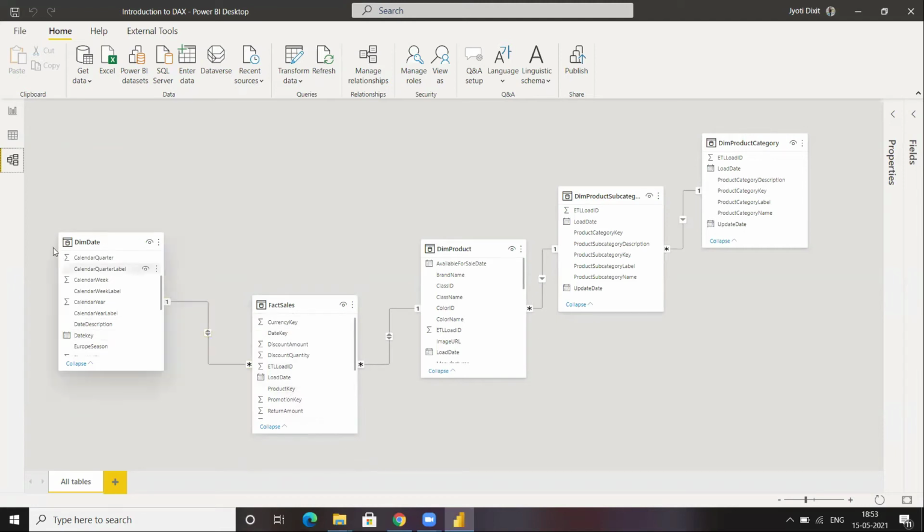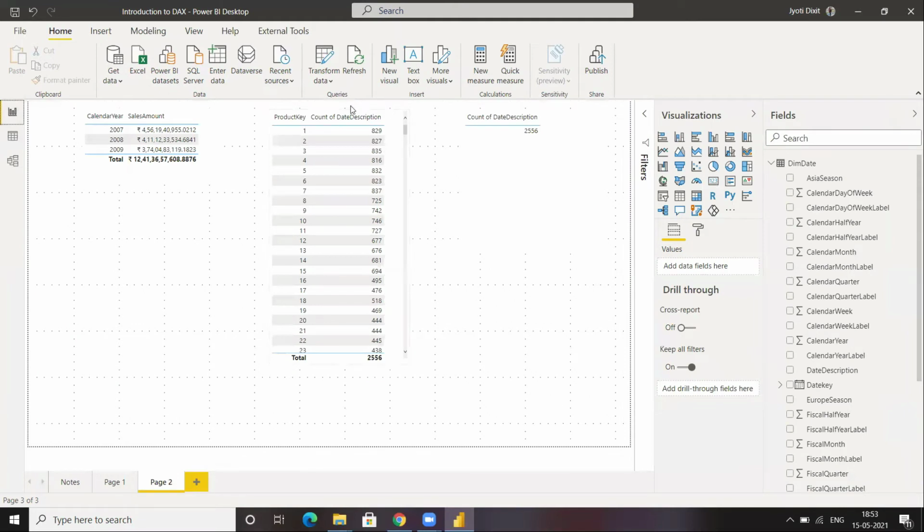And then they will be fetching all the rows which correspond to those particular date keys. And that is how I am able to see the days on which the product corresponding to product key one got sold. So this all becomes a part of filtering.